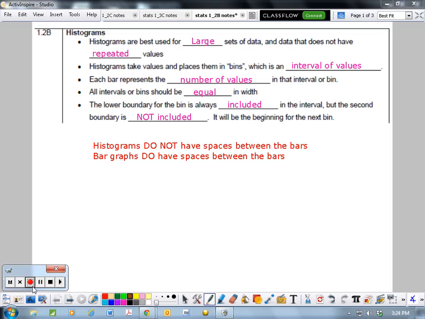With histograms we take values and we place them in bins, which is really just a big interval of values. So our bins could be numbers like from 4 to 5, 5 to 6, 6 to 7. What's really important is that those bins have to be equal width. So you can't go 4 to 5, 5 to 6, 6 to 7, and then go 7 to 9. And then we have a bar that represents how many values are in that interval. So if I have 3 values in here, 1, 2, 3,